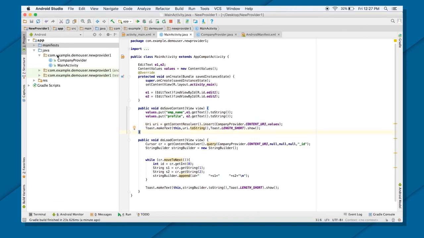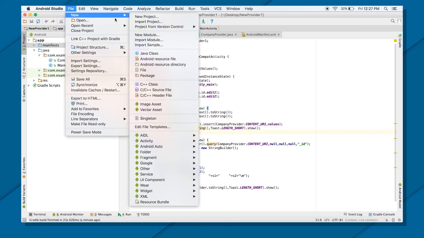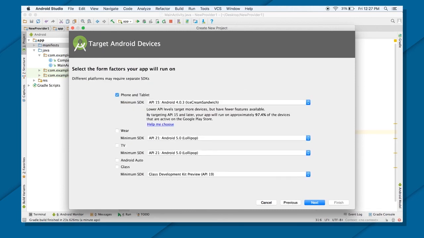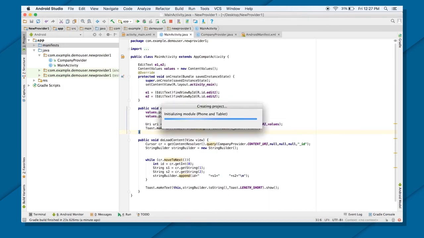Now all I have to do is create my second application and access this content provider from there. So I will go to new, create new project, and I will call it second provider. In the second application, I'm not going to do much.